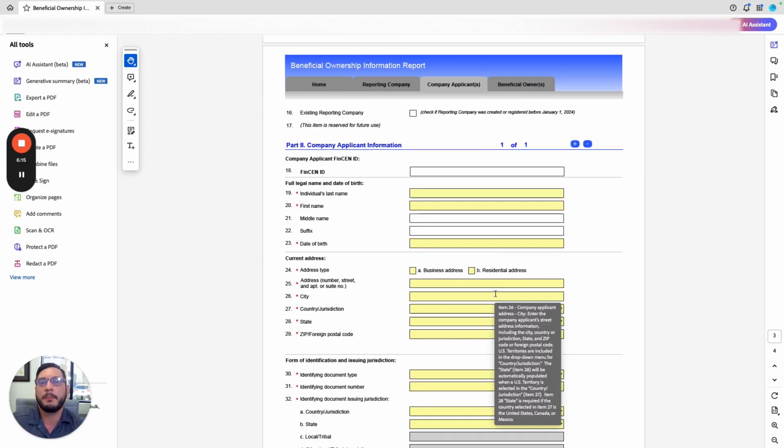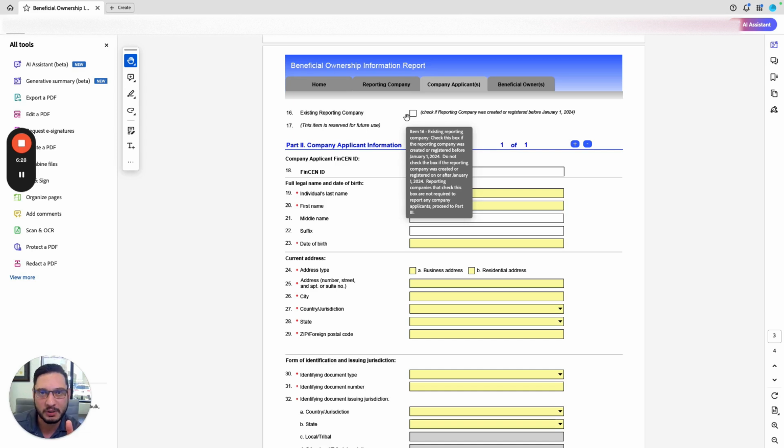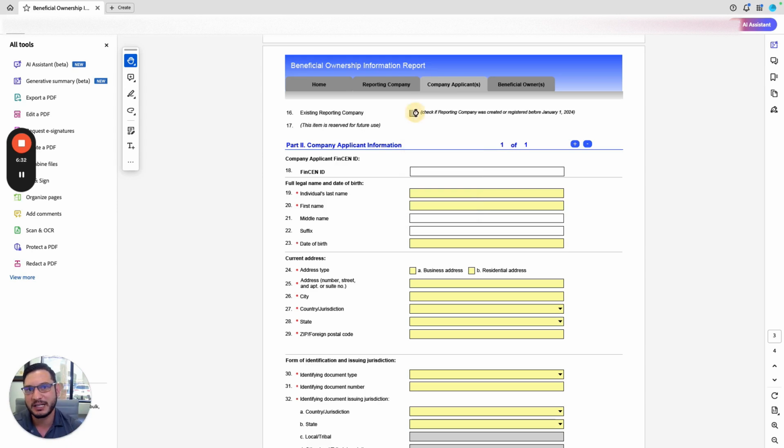Next, we're going to go into company applicants. These are the people who formed your company. These are individuals that get reported. Really important for Section 16. If your company was formed before January 1, 2024, select box 16, everything gets grayed out. You are exempt from reporting the company applicants. But if your company was formed on or after January 1, 2024, you're going to have to plug in all